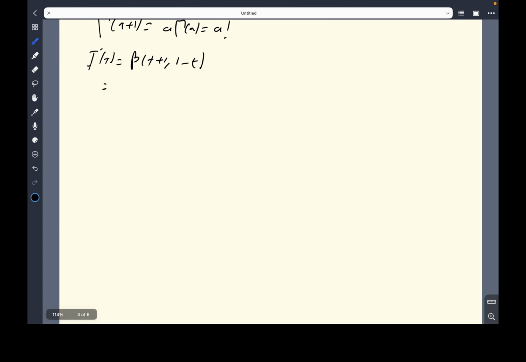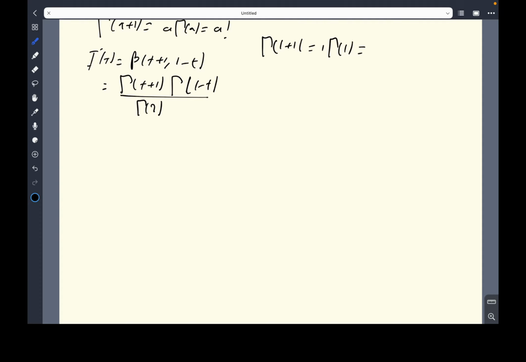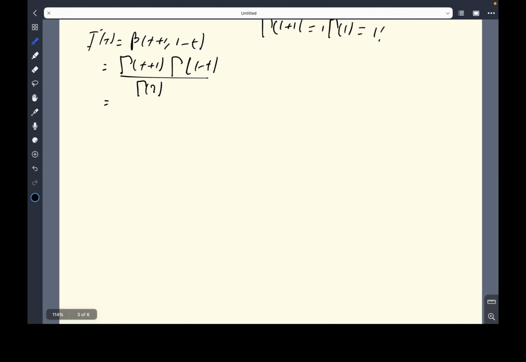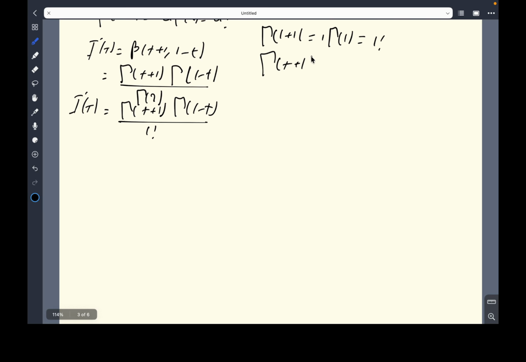If I write it in terms of the gamma function, it's going to yield gamma of t plus 1 times gamma of 1 minus t divided by gamma of 2. Gamma of 2 can be written as gamma of 1 plus 1, which can be written as 1 times gamma of 1, which is 1 factorial, which I'm going to write here in the denominator. So I prime of t is this. And gamma of t plus 1 can also be simplified to t times